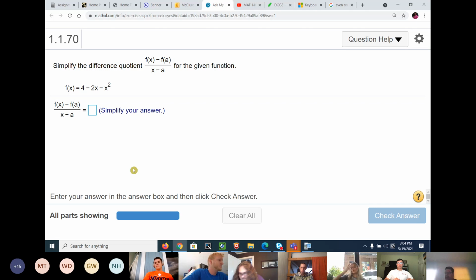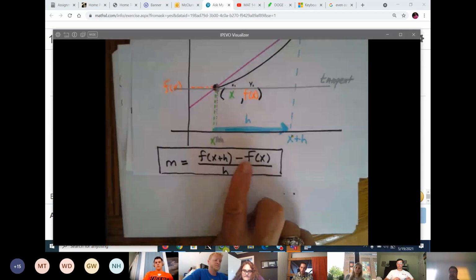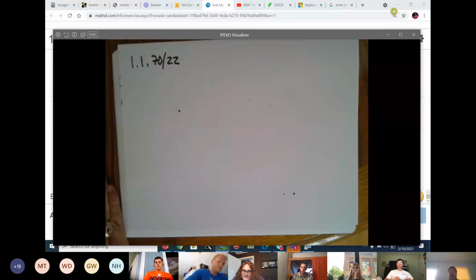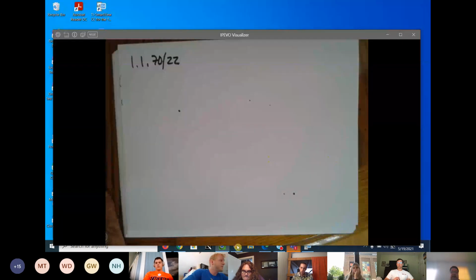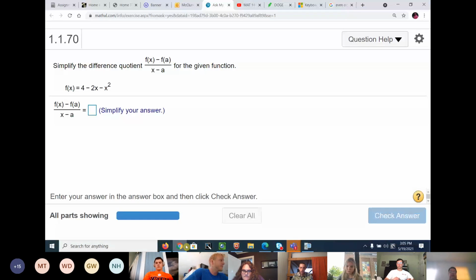Well, what the heck is this, Hubert? This is a go-kart. This is what you call a plug and chug drill. This question is a plug and chug drill. They just made up something, okay? They said, well, instead of doing the difference quotient, let's make up something and have them plug in a instead of x plus h. Now, if you want to study this for the test, then you plug in x plus h. I'll show you what I'm talking about. If you want to make this a test question,